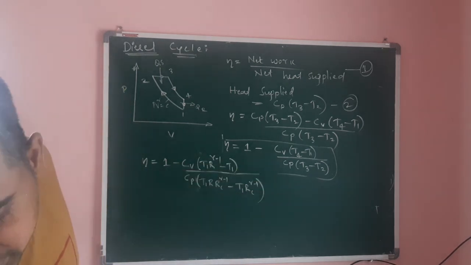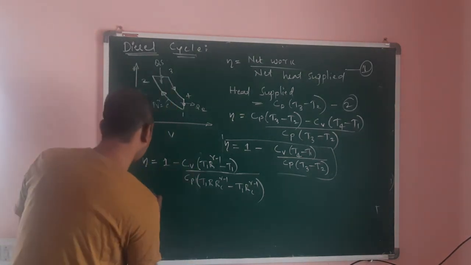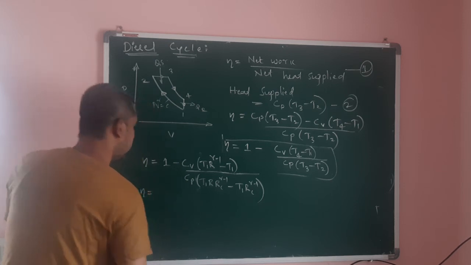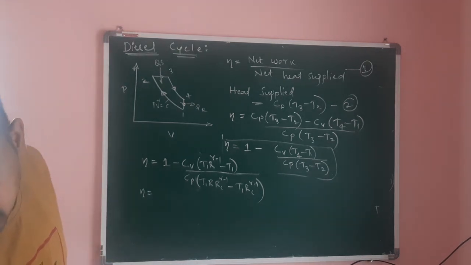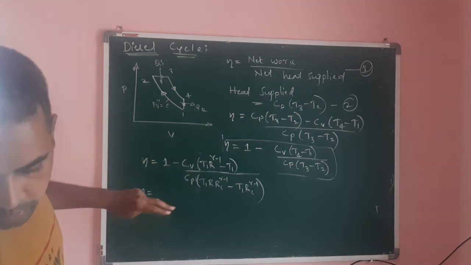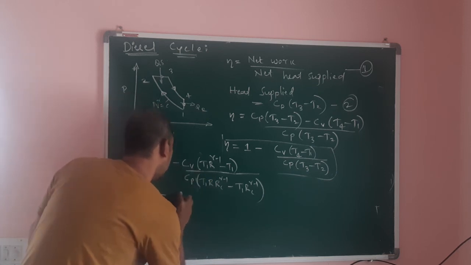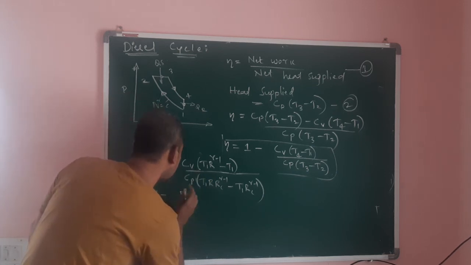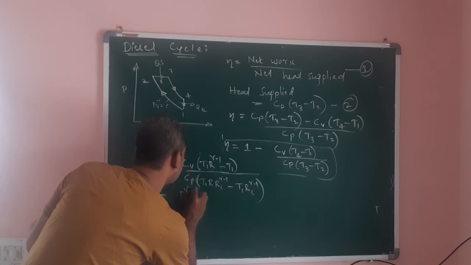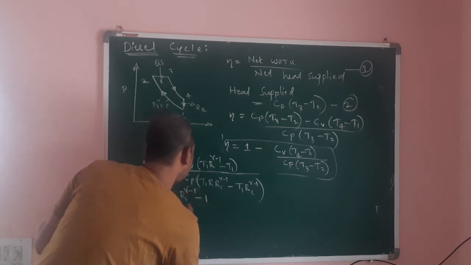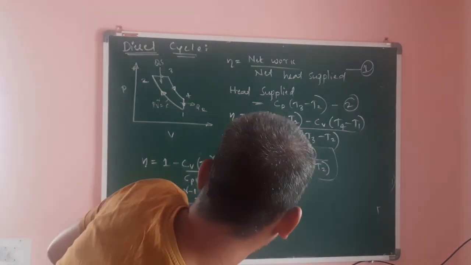Now we will simplify. T1 is there in all the terms, in the numerator and denominator, therefore it will cancel. Here it will be 1 minus r raised to gamma minus 1, minus 1 divided by r raised to gamma minus 1, minus 1, divided by